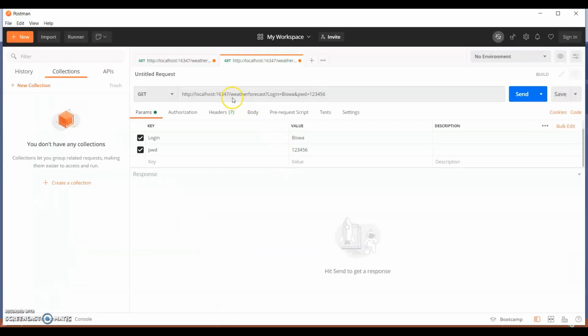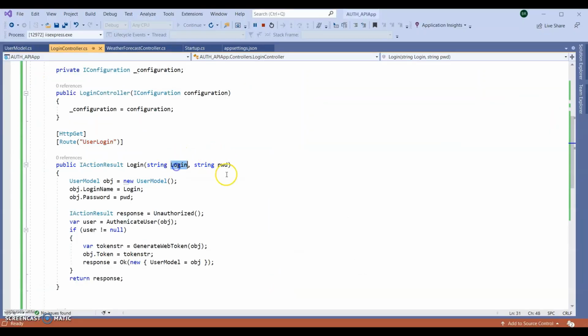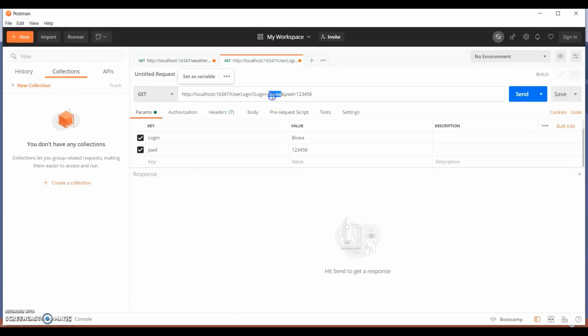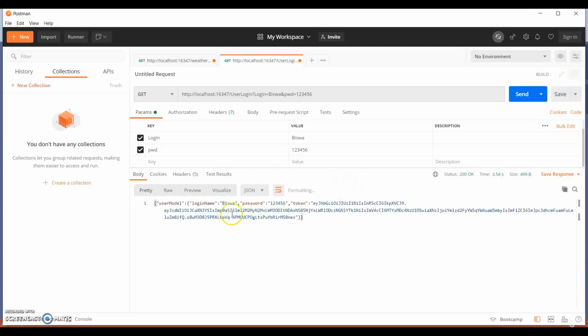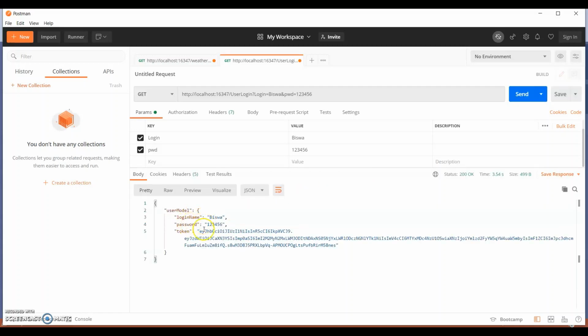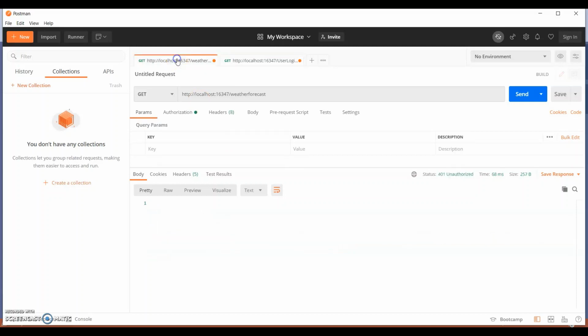In this login API, I am posting the parameters login and password, the same as my static user ID and password. So click on send. You can see login name, password and token. We receive the token.